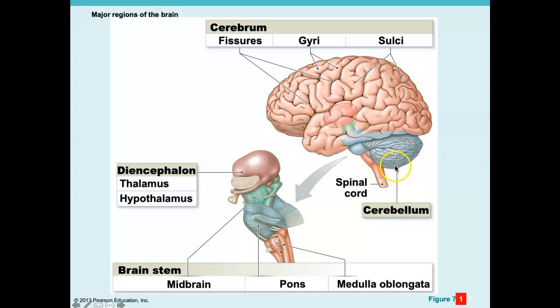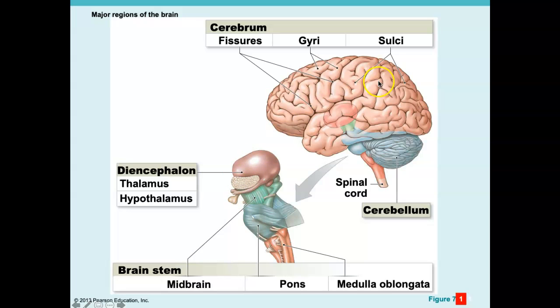So the bone would be right here, just right outside the cerebellum. And remember that the spinal cord goes through the foramen magnum. So right here where it enters into the skull will be the brainstem. And here's a close-up of the brainstem, where we have the medulla oblongata, the pons, and the midbrain. And just above that, or just superior to the midbrain, will be the diencephalon that contains the thalamus and the